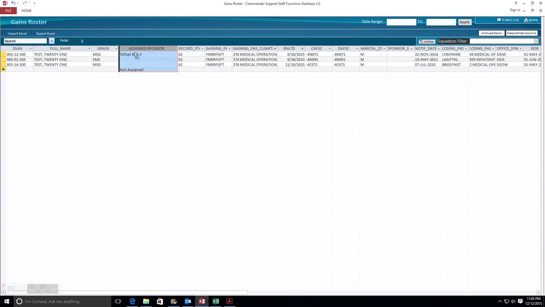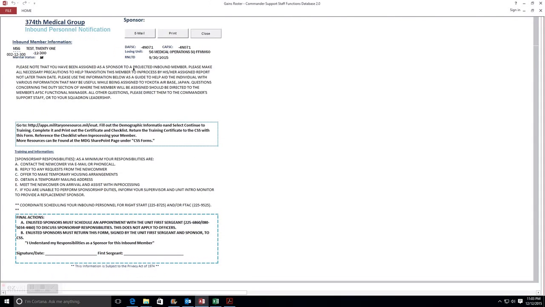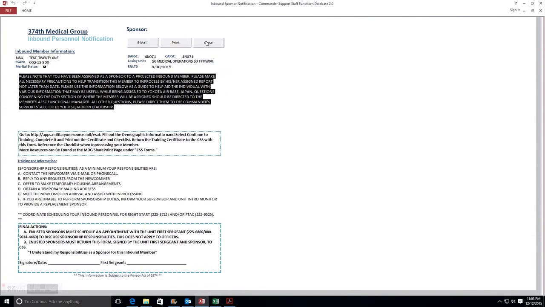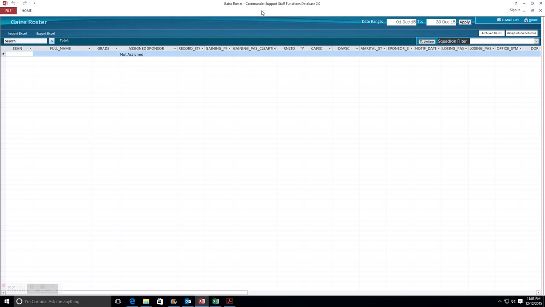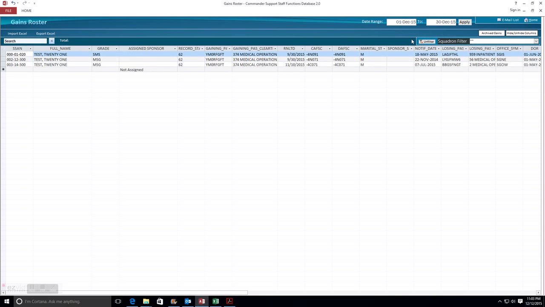In order to generate this paper, you either click the social of the inbound individual or you click their full name. This date range applies a date range to gains within a certain month. So if I were to say the 1st through the 30th, I wanted to see who's coming in. I have nobody, so that doesn't help me, but it will help you if you had a bigger roster and you wanted to know who's coming in at what time. The button for archived gains shows things that were